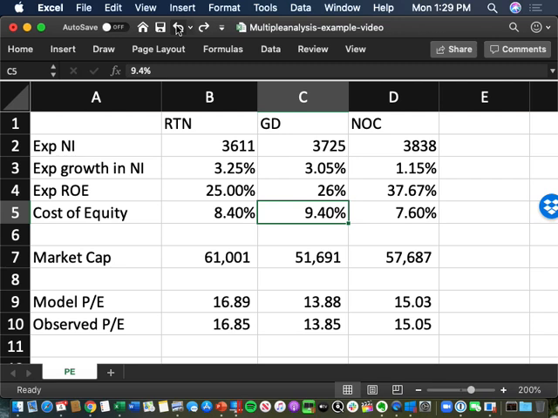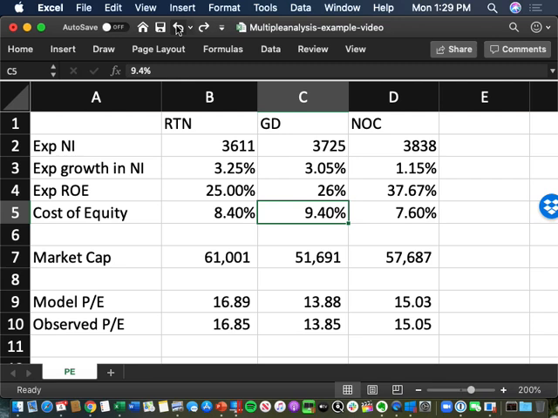Now, after the midterm, we're going to talk about not just doing PE analysis, but other multiple analysis as well, EV to sales, EV to EBIT, because there's a lot of information in the multiple analysis, right? This is just simplistically one of them, but I wanted to illustrate that point. When you get more advanced, you get more nuanced. Multiple analysis is not just some simplified view of saying everybody's going to trade at the same multiple. If you trade at a higher price, then you're expensive and eventually trade at a lower price, or the opposite, is not necessarily true. But what does make it true is if your growth spread combination changes, that's what's going to change the multiple. And just because you're in an industry doesn't mean you're going to trade at the average unless you have the average